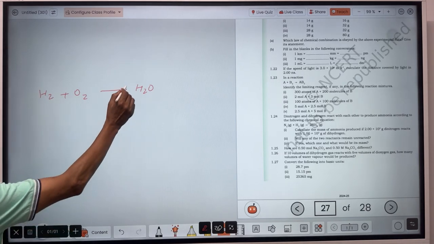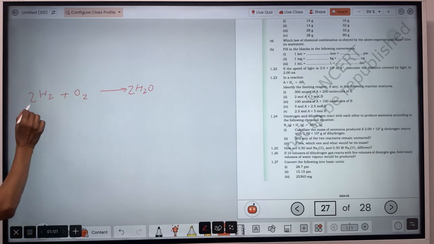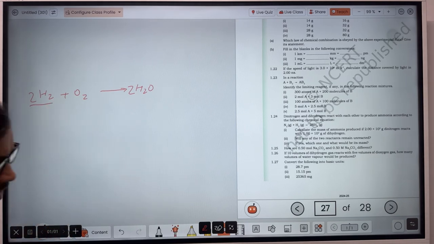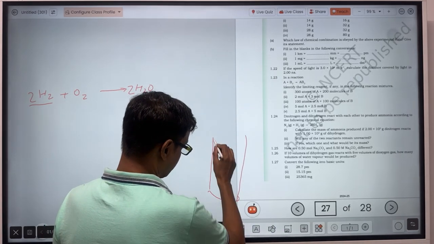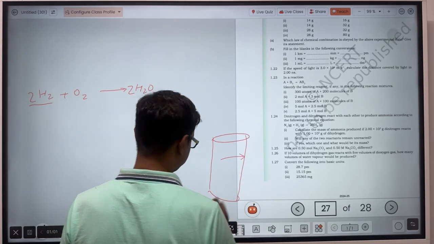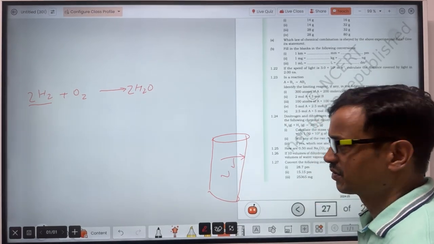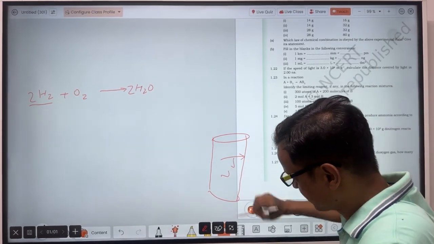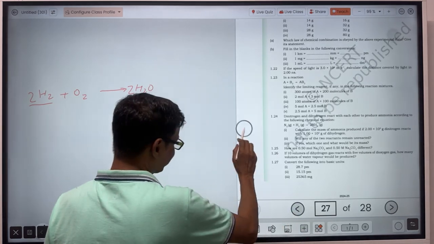Now balance the equation. Now, at the same temperature and pressure, the volume is constant. So the volume of hydrogen will also be, okay, let's see. Why this one? Because someone may ask,